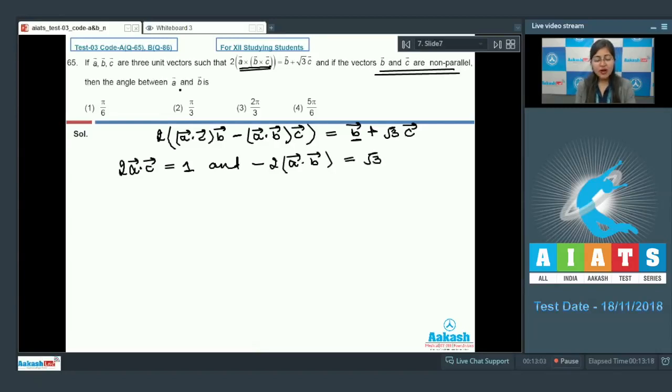Now as we have to find the angle between A and B, we can see that minus 2 into A dot B will be equal to magnitude of A into magnitude of B, which both are given to be unit vectors. So that will be 1 into cos theta will be equal to root 3. So from here we get that cos theta is equal to minus root 3 by 2. Now cos theta is negative in second or third quadrant, right? So we can say that theta will be equal to pi minus pi by 6, that is 5 pi by 6. So the correct answer is option number